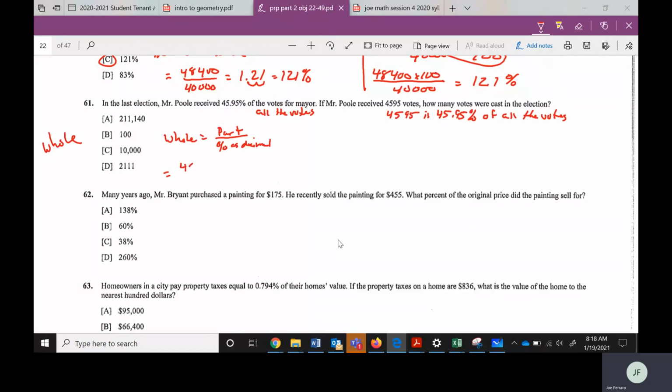So we would have, that's the part. We move this twice, 1, 2, so 0.4595. You should see the numbers look the same there, so it's going to come out as a power of 10, and it comes out to be 10,000. The other way,